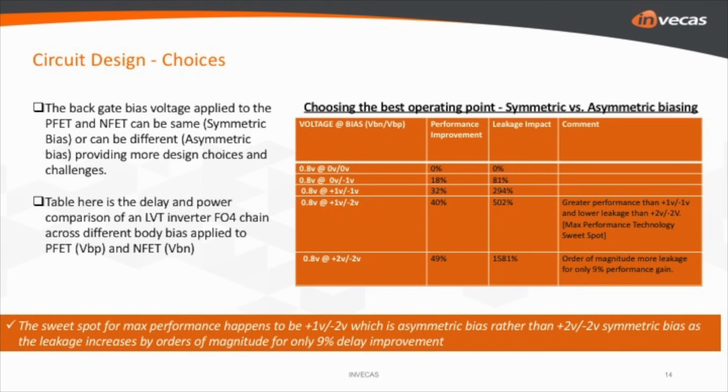So essentially the sweet spot for maximum performance happens to be an asymmetric bias voltage, which is plus 1 volt and minus 1 volt for the PFET and NFET respectively, rather than a symmetric plus 2 and minus 2 volt bias, which increases the leakage by orders of magnitude for only 9% of delay improvement. So this is a very important feature the process offers, which can be used in a very positive way to improve design